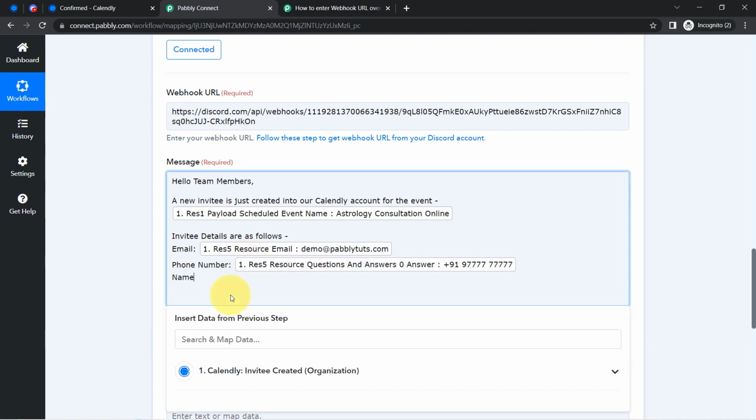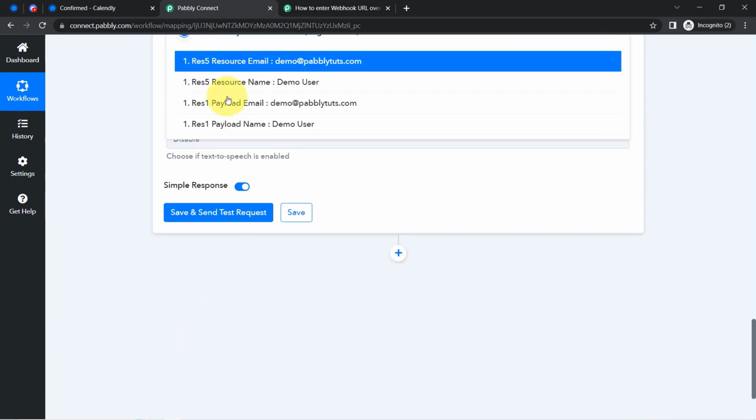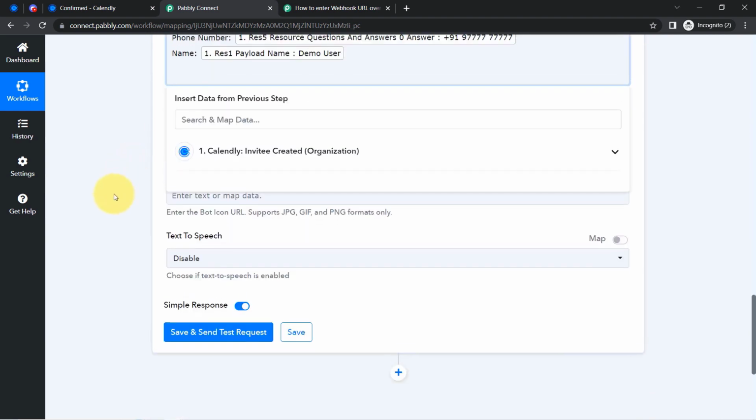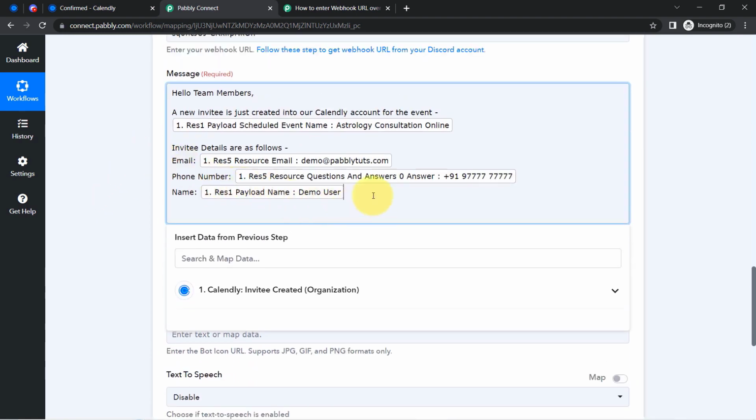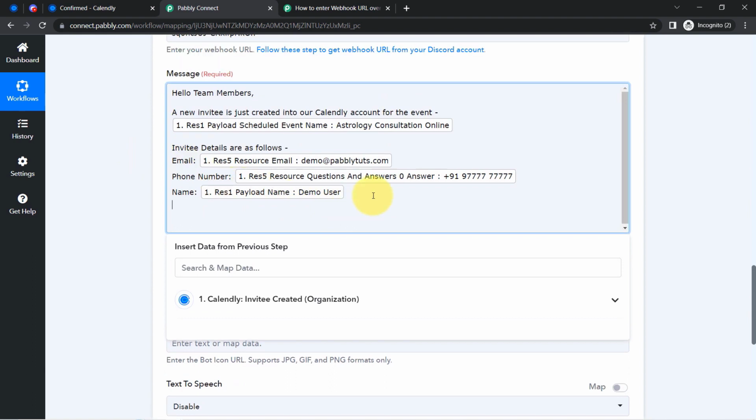Lastly, I am also going to map the name of the person. Let us search for the name, which was demo user. Okay, so I think I have provided all the important details. Just in case you also want to share the timing, basically the start and the end timing, start time